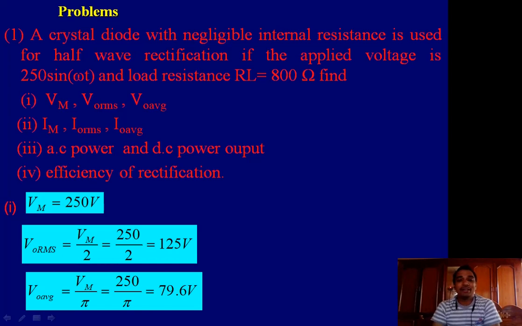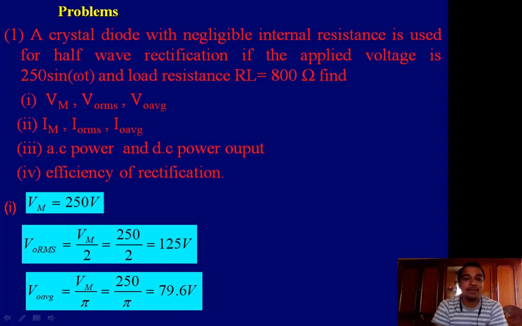We have completed all the topics: types of semiconductors, PN junction diode, Zener diode, and rectifiers, half wave and full wave rectifiers. The last topic, transistor, we also completed. Today we discuss tutorials on the rectifiers part, and some question bank problems also we will discuss.